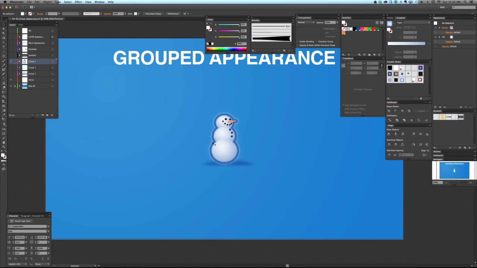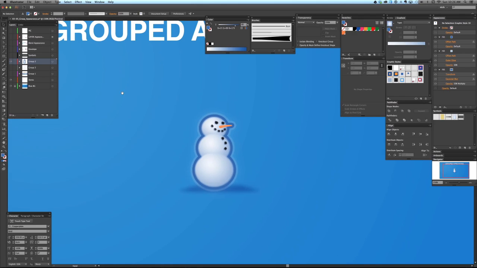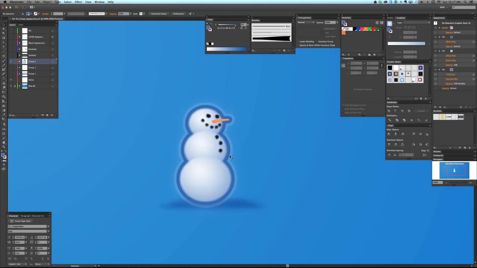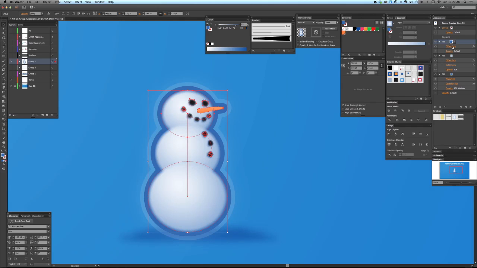And talk about this snowman that I made the other day. So here's an example. The previous two examples were just grouped appearances on text objects, but you don't have to make text at all. You can make, let's say, a snowman. So this snowman is made up of a few different pieces, and after you make your snowman, you can put a fill behind him. I've got a blue fill here, and I've pushed it out with offset path, and so it appears like it's this blue stroke, and that goes evenly around him on the outside, and it's below his contents. And then after that, I've got this lighter blue fill, which is pushed out with offset path even more,